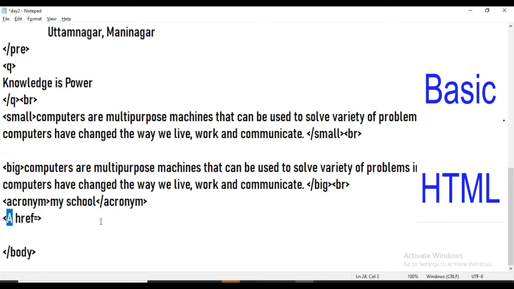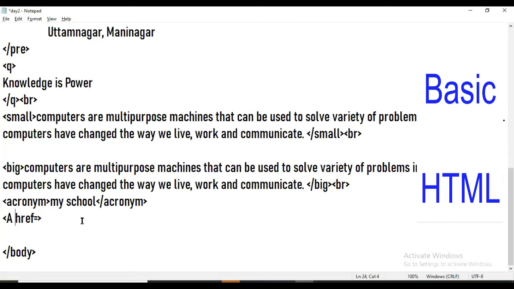So this becomes the tag name or element name. And after leaving one space after that tag name, whatever comes afterwards is an attribute. So an attribute changes the behavior of a tag, meaning it modifies that tag's effect. Okay. So href is an attribute of the anchor tag.